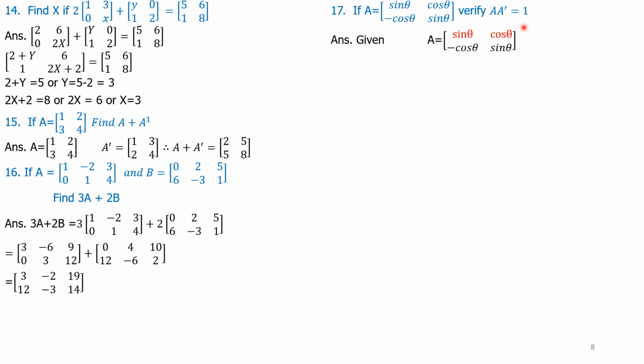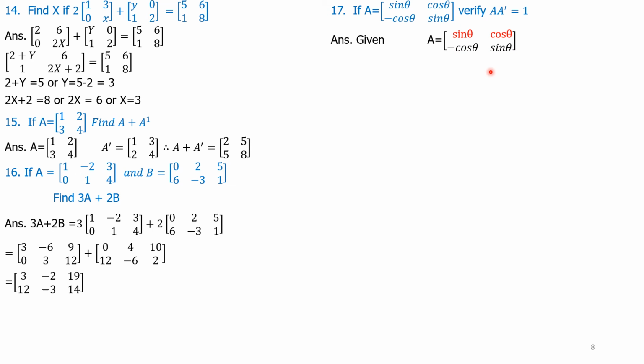So given matrix we have reproduced. Here you see rewritten: A is equal to [sin theta, cos theta; minus cos theta, sin theta] within bracket. Here we have to perform a matrix multiplication. Hence, I have written the rows for your understanding in red letter. So row 1 is sin theta cos theta and row number 2 is minus cos theta sin theta.